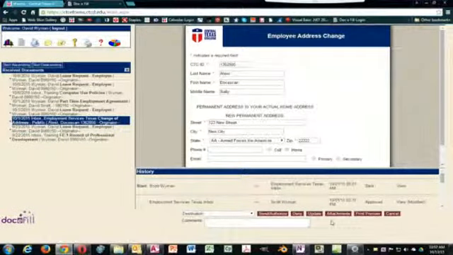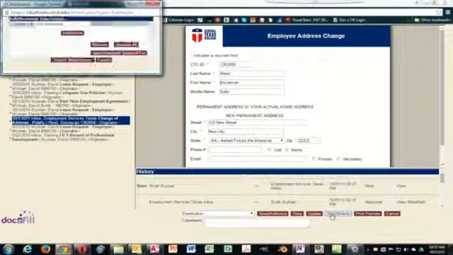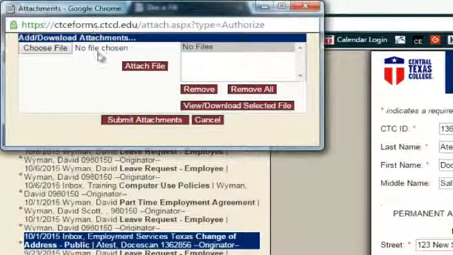Send, authorize, deny, update. If you have to send a form with an attachment, you can add attachments to just about any form here in DocuFill. It's a three-step process, but it's not complicated. First, you click the attachment button. That will open the attachment dialog box. You select a file, so you click the choose file button. That's going to open